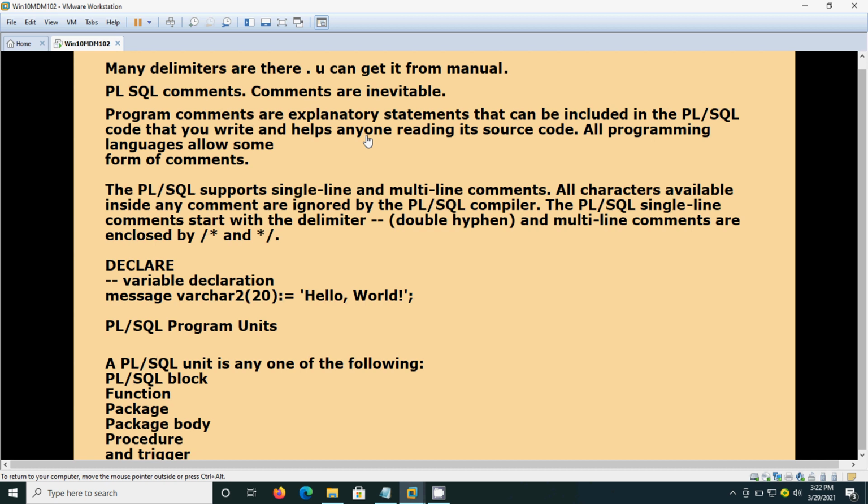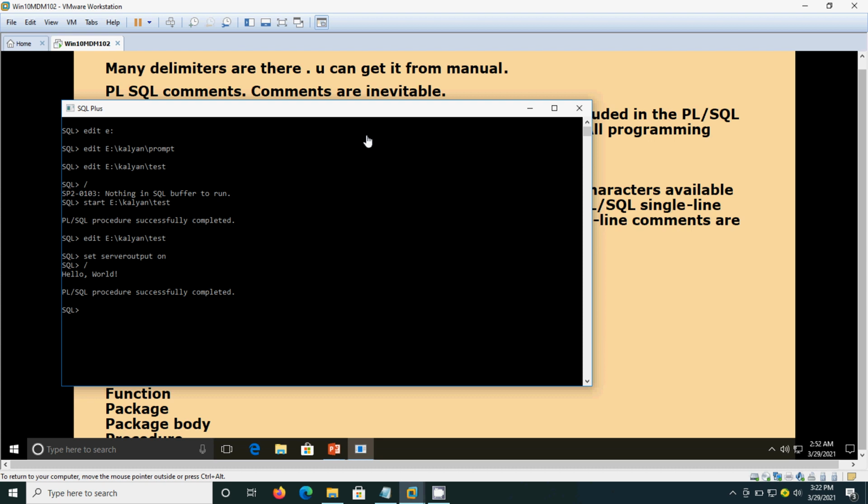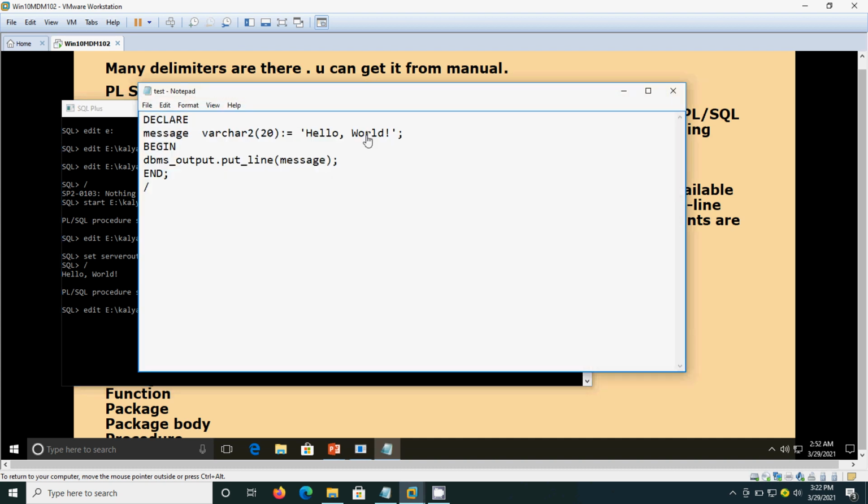Okay, we will see one small program so we can easily understand. Here I have already written one small program. Declare means the declaration section.